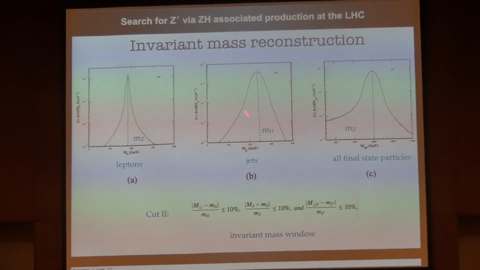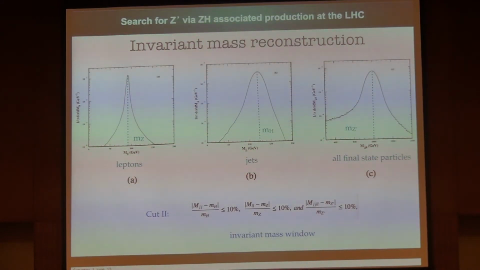Another cut is from the invariant mass reconstruction. As the final state is 2 leptons and 2 jets, if we get the invariant mass from the 2 final state leptons, the MZ can be reconstructed, and if we choose the final state 2 jets, a resonant peak can be seen around the Higgs mass. And also, if we choose all the final state particles and do the invariant mass reconstruction, we can expect a peak around the MZ prime